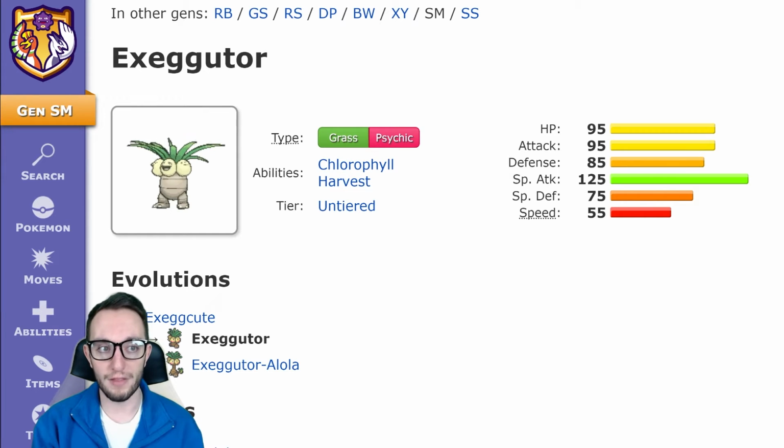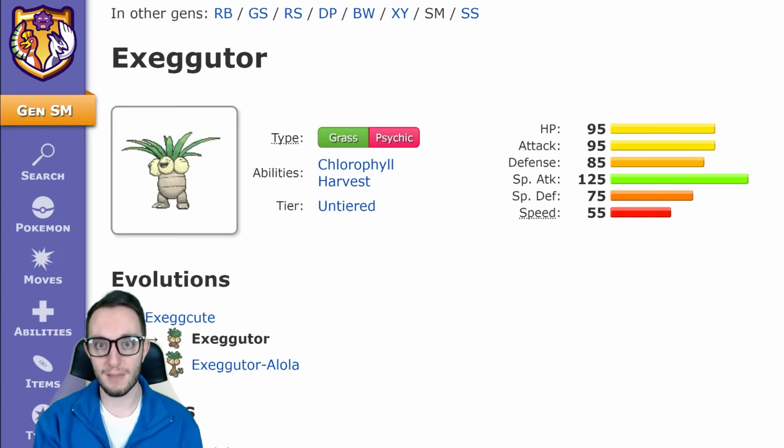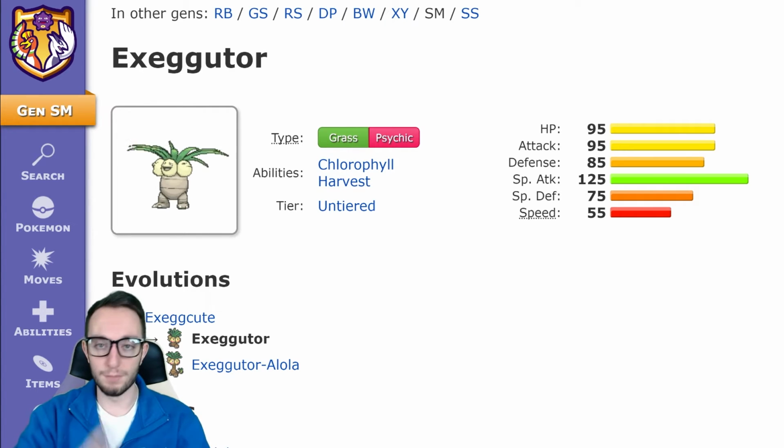Harvest, while this is probably the ability you're going to run most of the time, Exeggutor as a grass psychic type has a lot of weaknesses, so it's not necessarily going to be sticking around long enough to be able to set up, potentially protect, substitutes, leech seed, harvest, that sort of thing. Having this sort of defensive typing being a really big boon for it definitely hurts Exeggutor in the long run. Grass Psychic, you see it all the time, being weak to Bug Buzz, being weak to U-Turn,